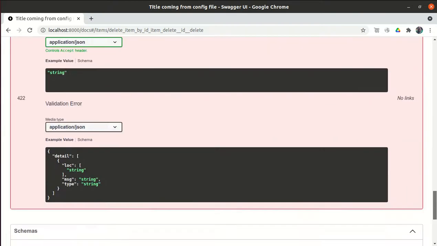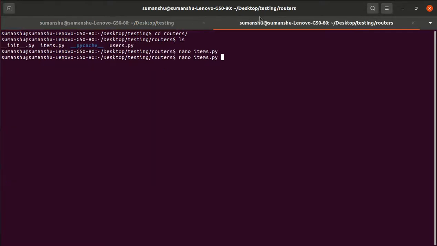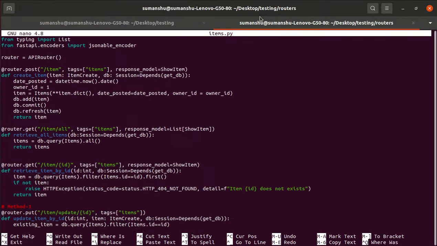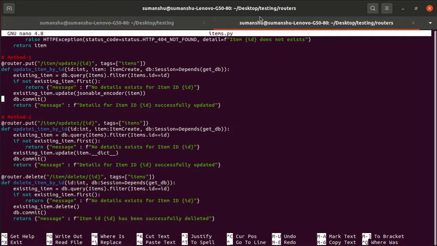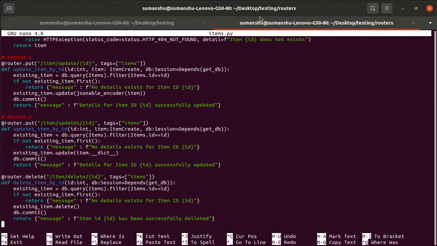Now, this is a very short video, and we have implemented one more functionality. Step by step, we are incrementing our code base. We started from scratch, and now we have built a lot of functionalities. We used the delete HTTP method, and we performed the delete SQLAlchemy operation, which deletes the particular item from the database.